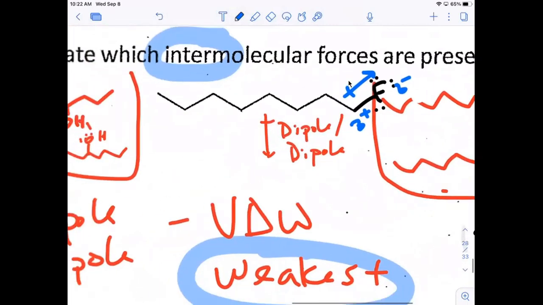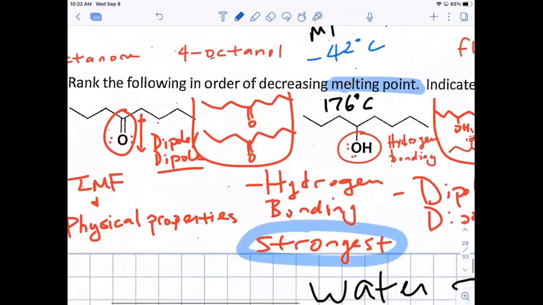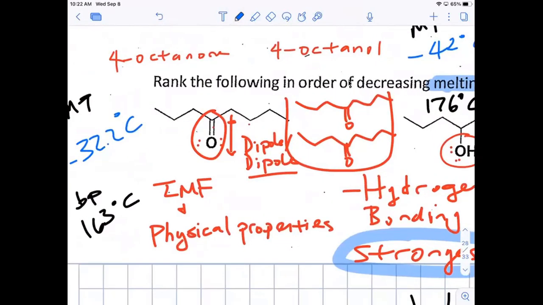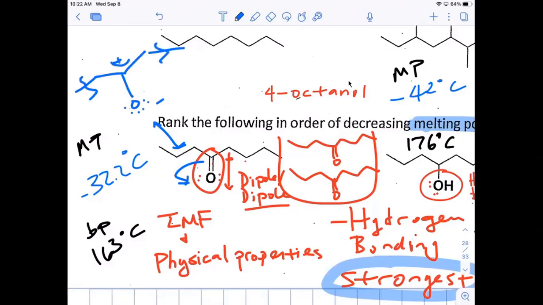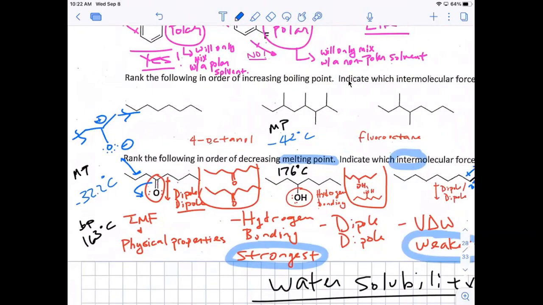But if you look at that ketone, right, you can actually draw a resonance form where that carbon has a full positive charge, right? So if I do this like that, I can actually draw that and show a full positive on carbon. I'm just going to abbreviate that, where this is fully positive and not just partially positive. So that's probably the reason why you see that big difference, because that dipole is a lot stronger for the ketone than it is for the fluorine.